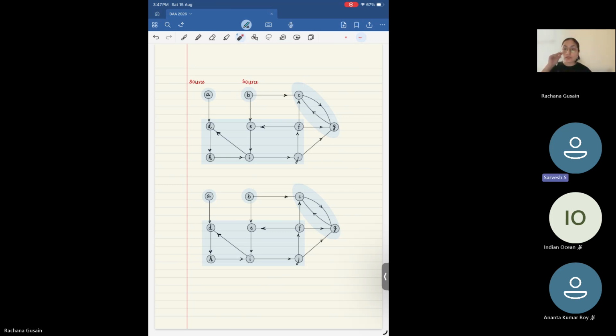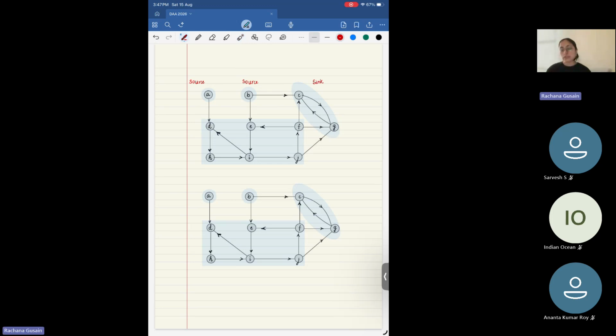Yeah, so we have edges which are coming to this component, and there are edges which are going out from this component, right? So this is neither a source nor a sink. And CG, if you see, all the edges are incoming to CG. That means it's a sink